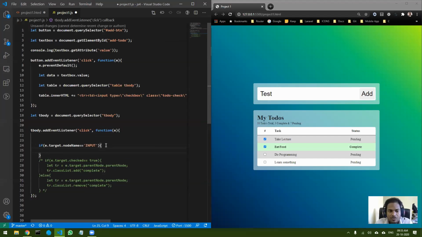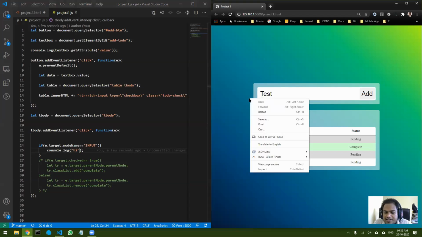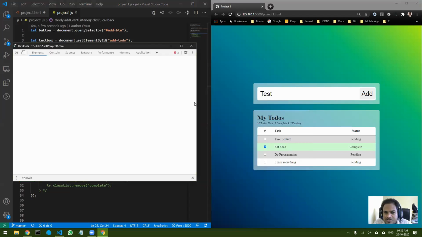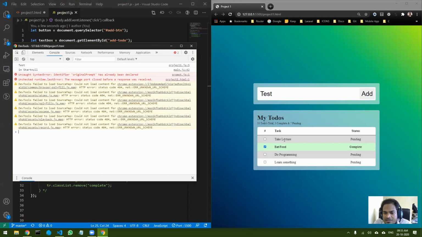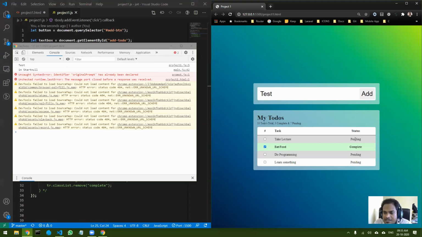Now let's do console.log and say hi. So this time this code should run only when it is a checkbox. Let's see if it really works. If I click over here, nothing happens. If I click over here, nothing happens. But if I click on the checkbox, I get hi. So that way this works.